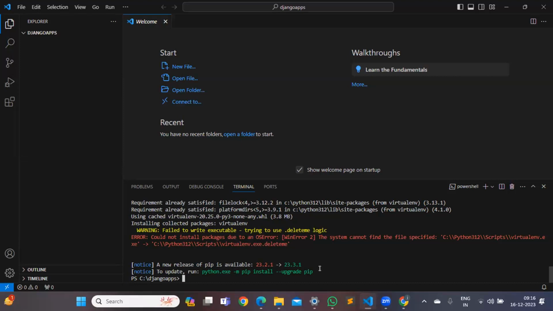Which version of Windows you are using? 11. Okay, pip3 install virtualenv, you say pip3 install virtualenv.